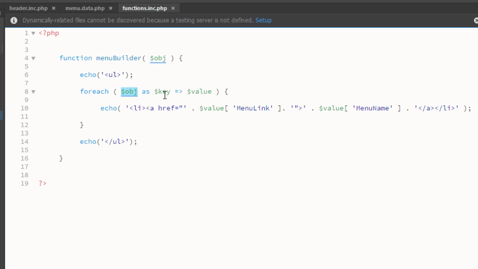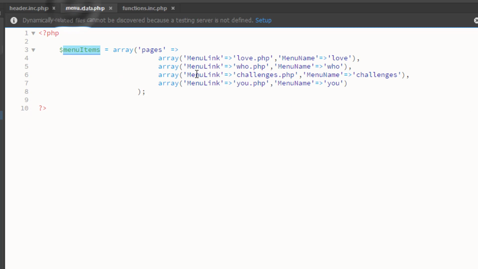Later we'll learn how to check and make sure it is an array before we pass it into the for each. For each is meant just for arrays, and we're saying for each item in it, what we would like you to do is give us the key and value. And we don't necessarily need the key yet, but we'll use it later. What we're going to use is the value. And so what will happen is this will iterate 4 times over the menu data, and the value will actually be the array itself,